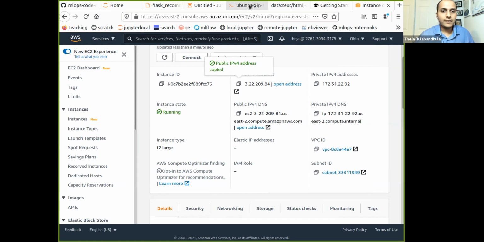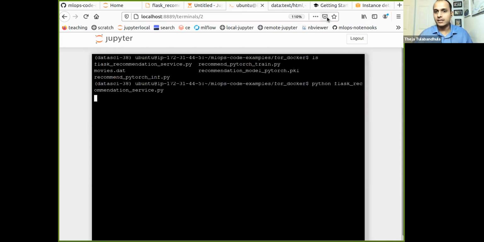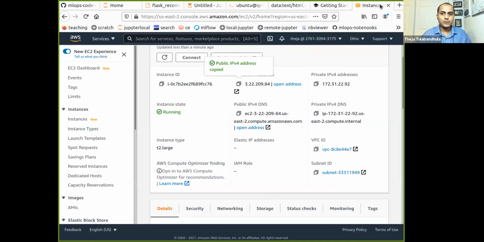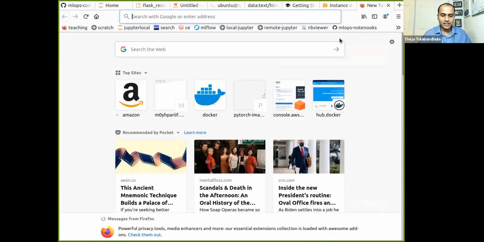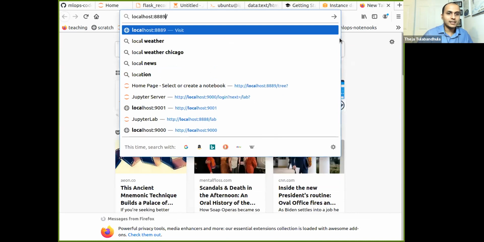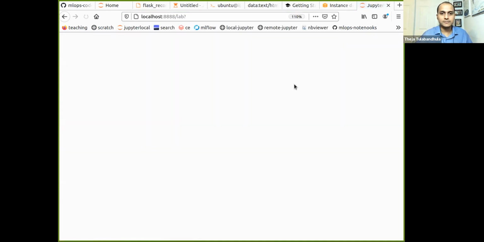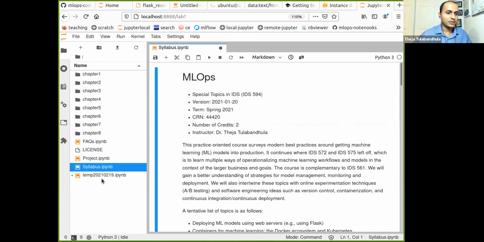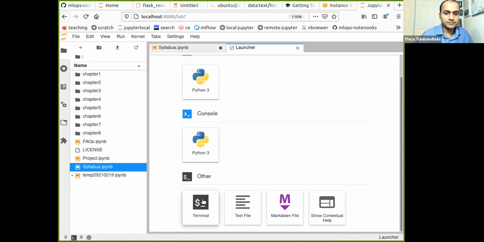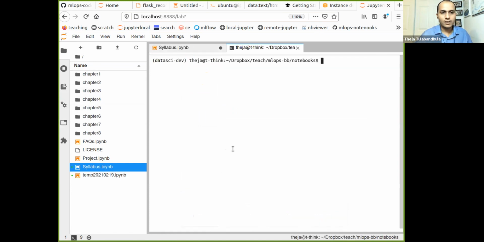Okay, so I do have access to it. As usual, I'm just going to use my localhost Jupyter instance to quickly do this. But just think of it as me doing it from the EC2 machine. I'm just going to use a terminal. So let me start a terminal.